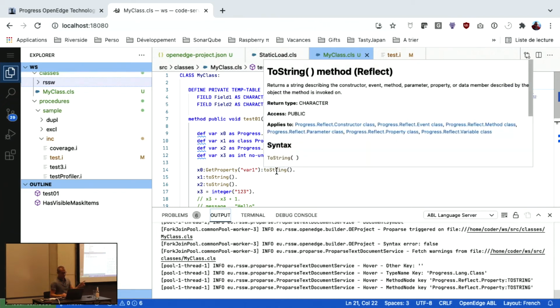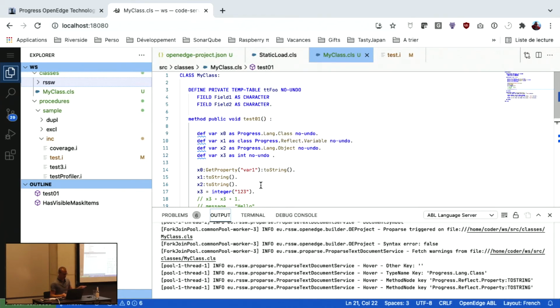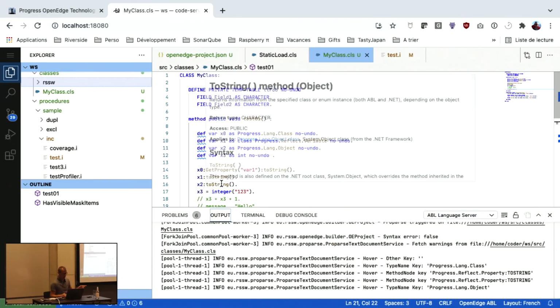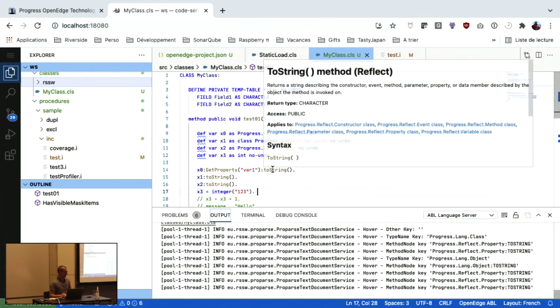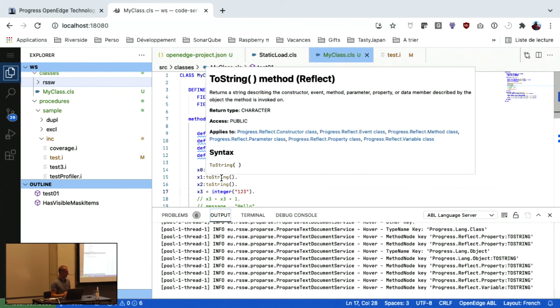So here, x0 GetProperty is something which returns a Progress.Reflect.Property object, and so it knows that it has to display the ToString method of the Reflect.Property class. However, if we go to x2, which is a Progress.Lang.Object, the online help just gives you the ToString method for Progress.Lang.Object. It knows the context, and this can be in chained calls or a direct access to the object method.